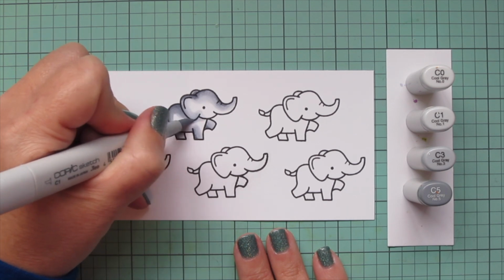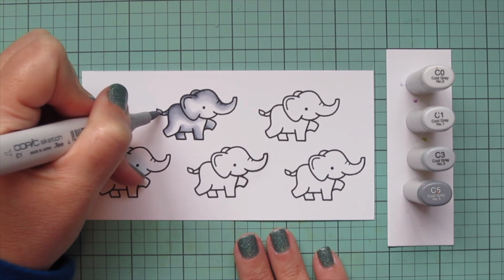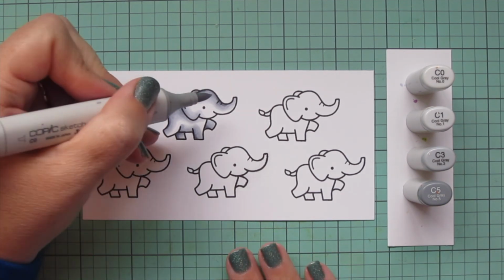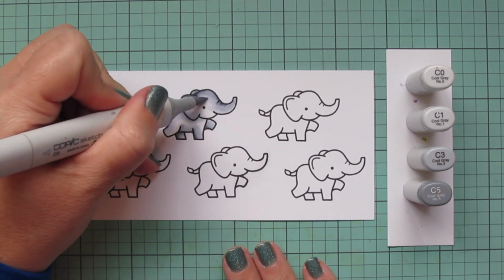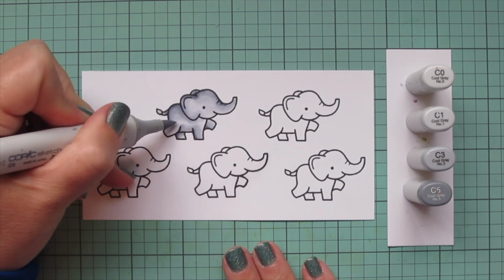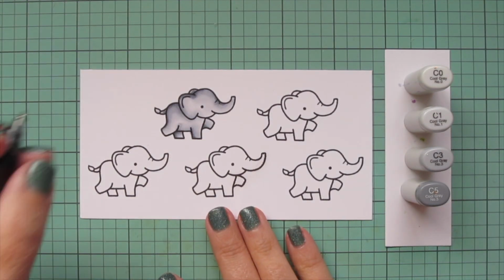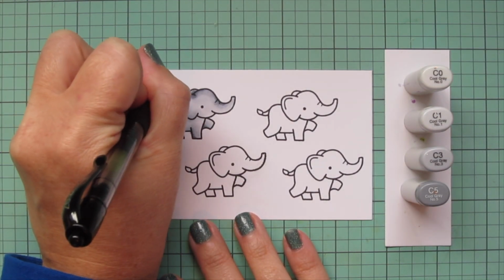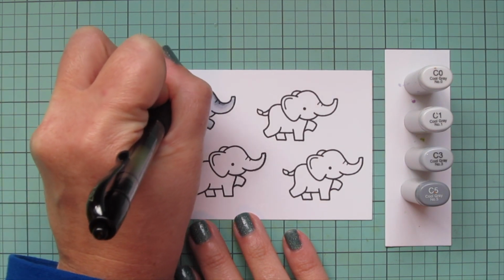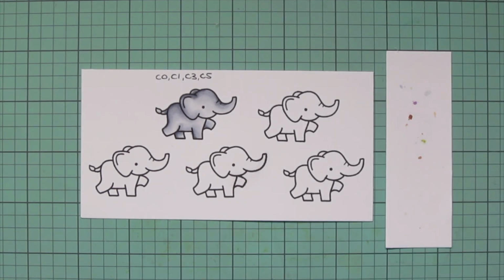I just picked little spots where I wanted those highlights to be. So on the lower part of the face, then in the middle of the body. And to finish him up, I'll do a quick light wash with that highlighted shade, the C0. Then I'll take my gel pen and just write down the shades that I used so that you can remember from image to image, or at the very end you can take a screenshot if you'd like to and save